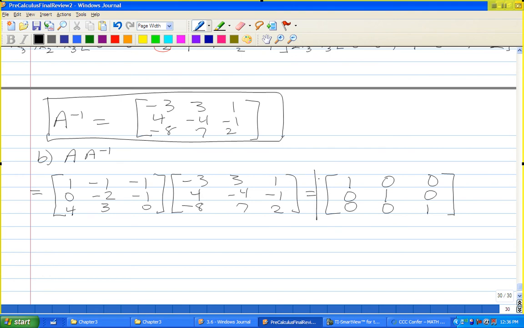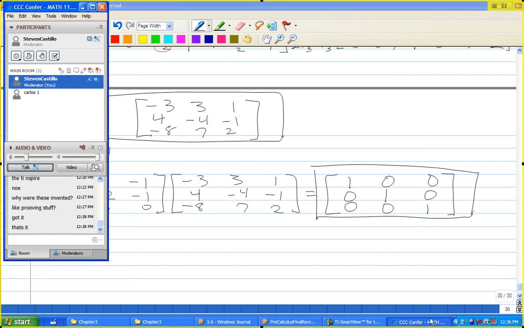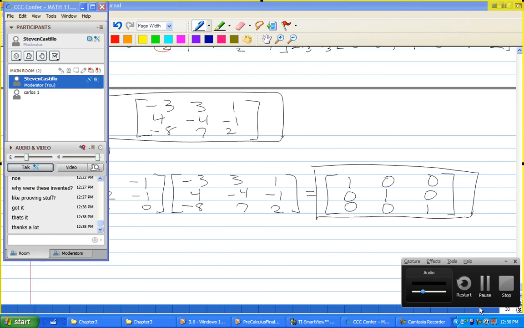And that's your answer. Which is what you would hope, that a quantity times its multiplicative inverse is the multiplicative identity. Okay, that's it. Okay, any questions? Yeah, yes, it is. Okay,